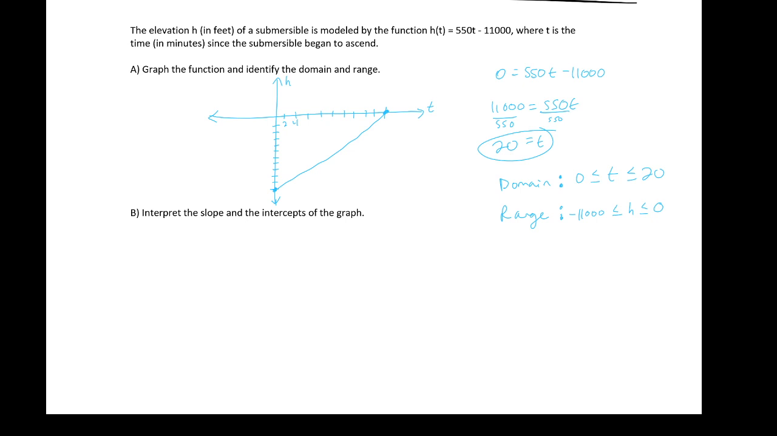So our slope and intercepts: my slope, of course, was 550. My t-intercept was 20. So in other words, this was 20 minutes until the sub reaches the surface. And then I have my h-intercept, which of course is negative 11,000. And that's where the sub begins,